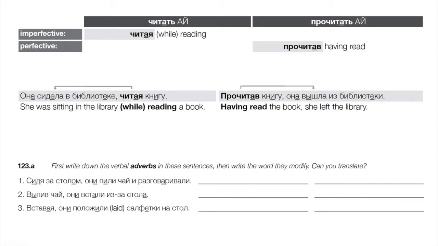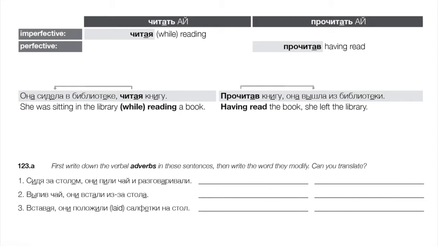Now, this is very important as once we start reading, we're going to see these deverbals everywhere. And in order to make sense of them, we need to be very clear about what we're looking at and what they're modifying, right? Now, this may seem overly simple with some of these examples in the textbook here, but we're looking at very simple examples. If you're looking at actual prose, you may see multiple clauses, multiple deverbals. And again, to understand the Russian, we've got to be very careful analyzing them.